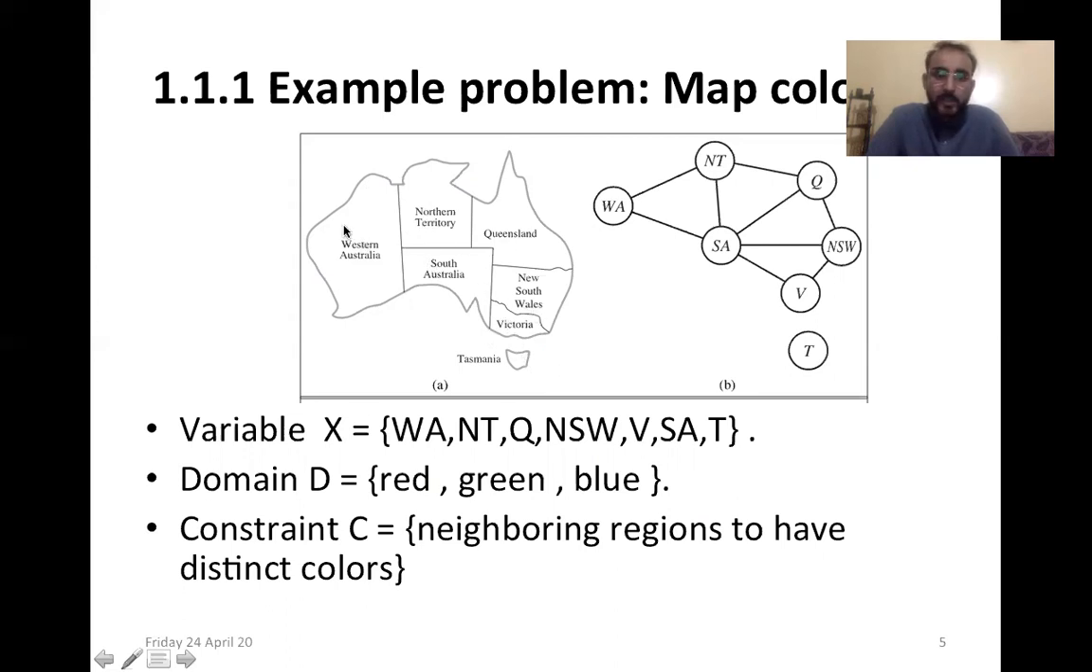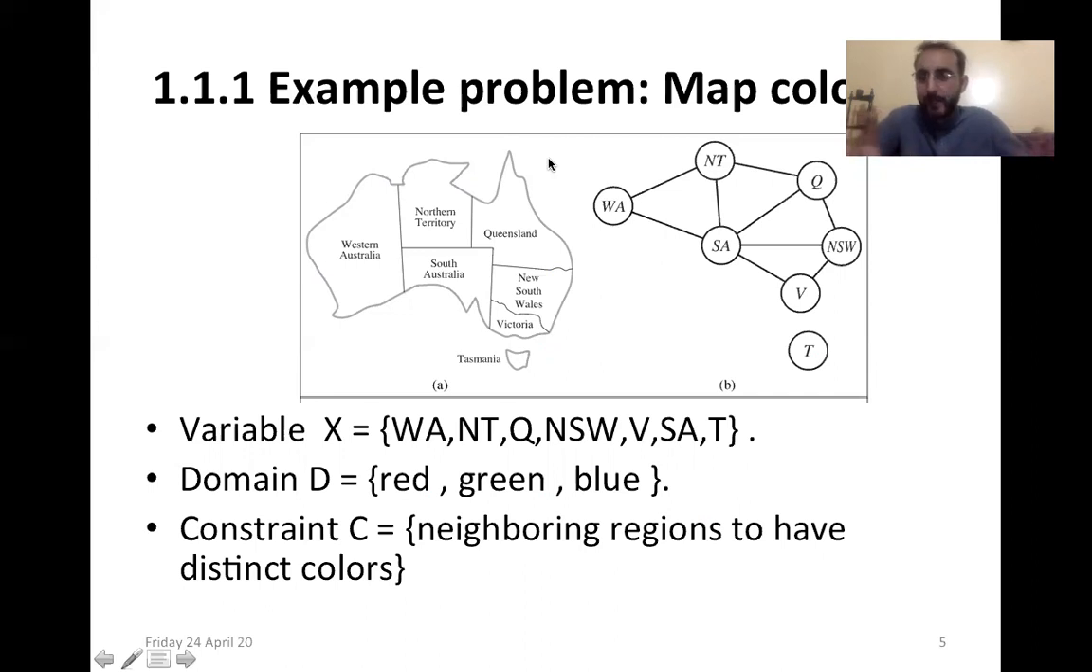in this problem we have to color the states available in this map, and these are the states: Western Australia, Northern Territory, South Australia, Queensland. All these are states, and we have to color this map with respect to states. This is our problem, that we have to color the states. So these states available in the map